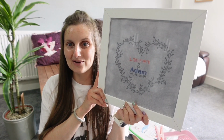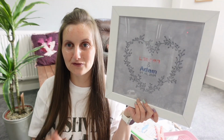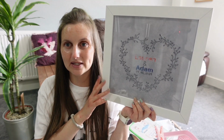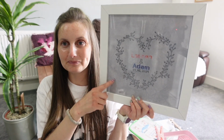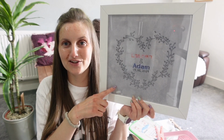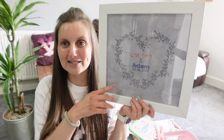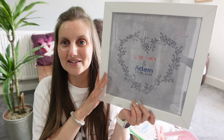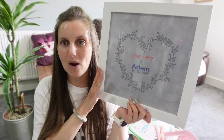My whole house is decorated mostly in neutrals, grey with splashes of colour around, but most of the decor is grey and white. So I've got a lovely grey wedding sampler on a grey fabric that's actually from my Stitch Bunny shop, and she's stitched it on this and given it back to me, but with stitching on it, so that's quite funny. And then my name is in the pink, Adam's name is in the blue. It's got our wedding date on it,